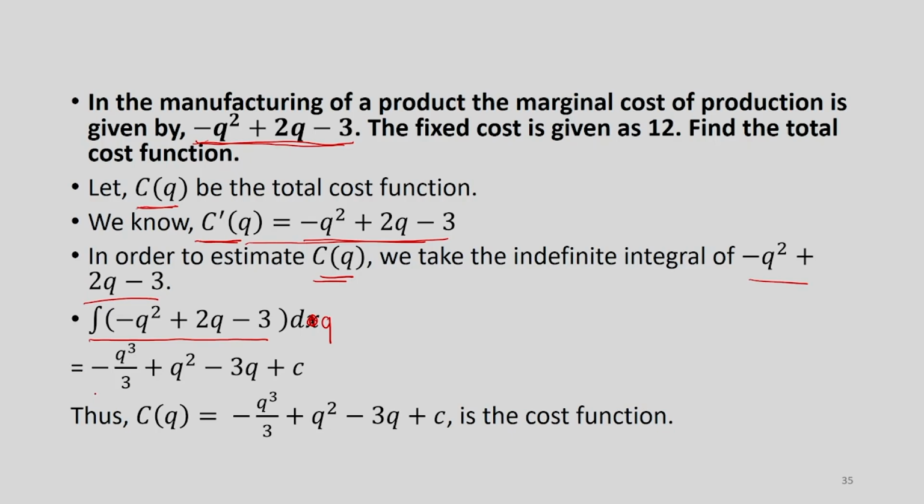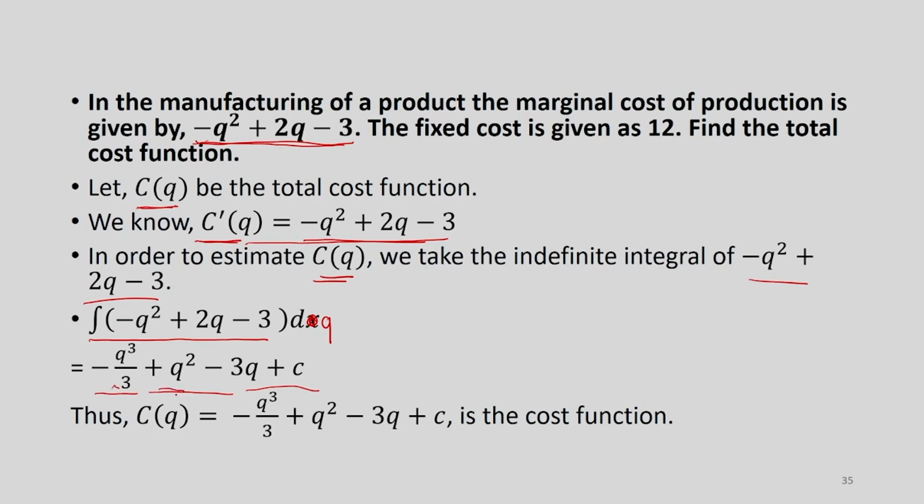Okay, so next stage is just to find out the indefinite integral. At this stage we are using that power rule formula that we have encountered in the previous problem. So, that will give me minus of q cube divided by 3